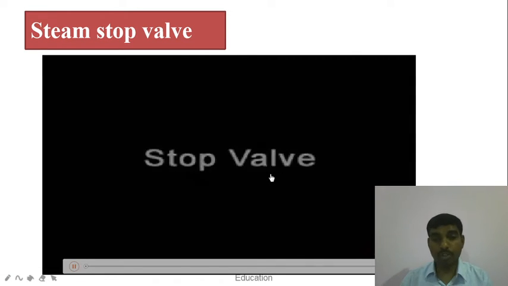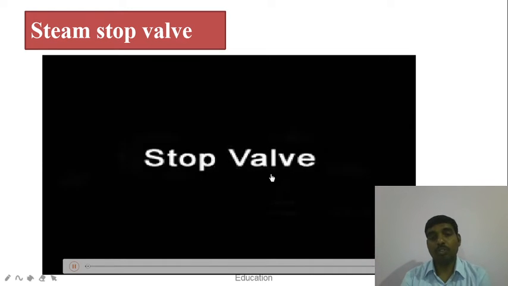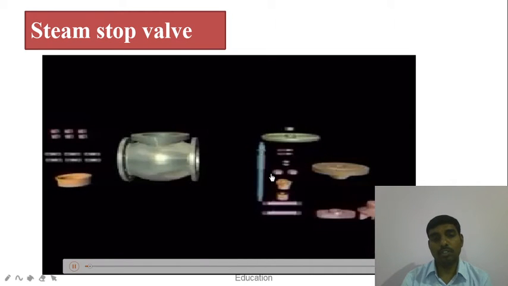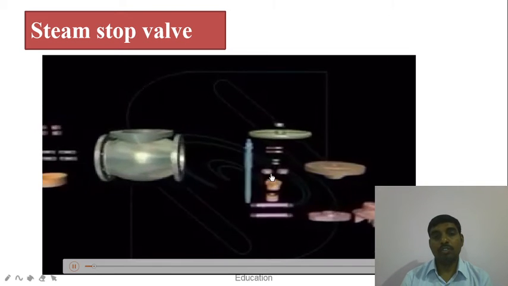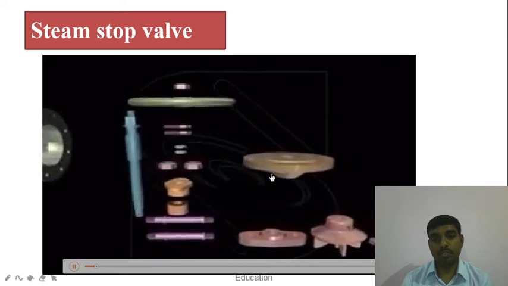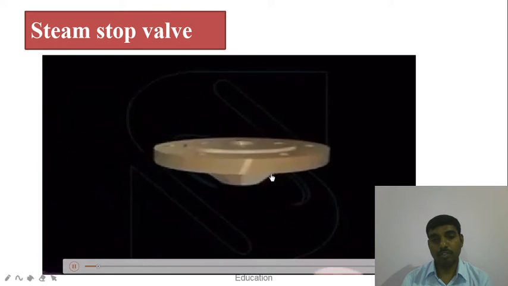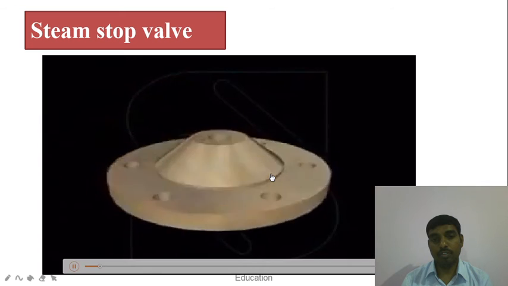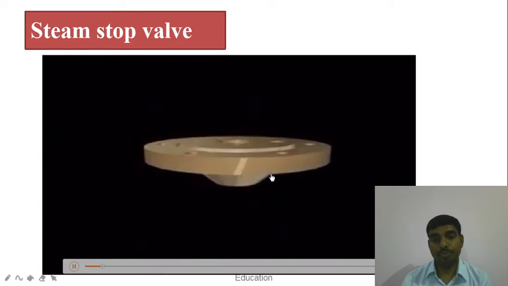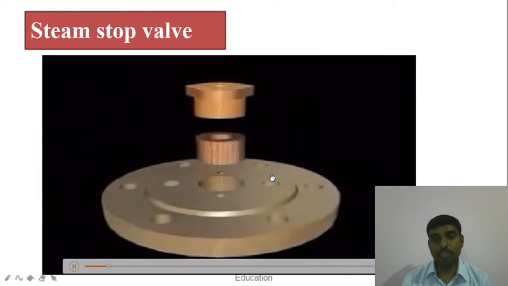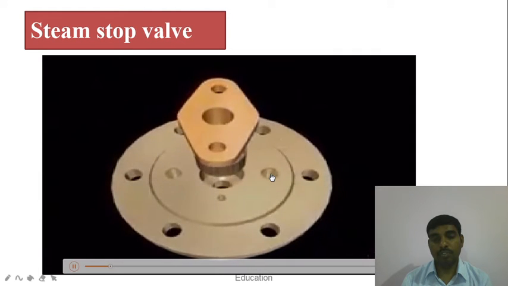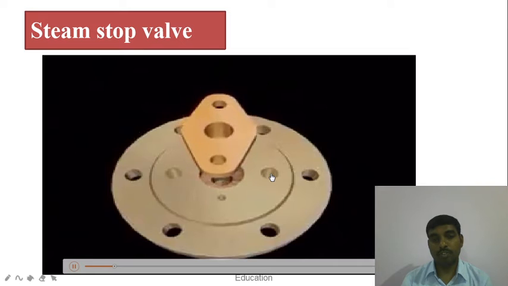Let's take a glance at this video. Stop valve. A stop valve is used in water and steam pipelines for shutting or opening the fluid flow. The main parts of the stop valve are the body, the valve and valve seat, spindle, packing, gland and the cover. The packing material is placed in the cover and the gland is then assembled.